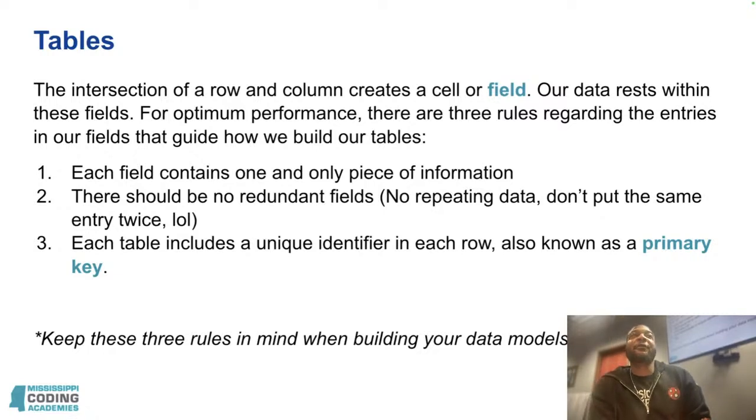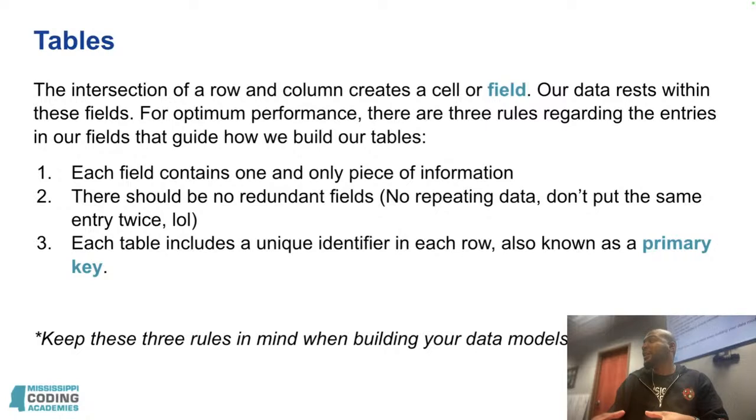The intersection of a row and column creates a cell or field. Our data rests within these fields. For optimum performance, there are three rules regarding the entries in our fields that guide how we build our tables. And we kind of talked about this earlier. Number one, each field contains one and only one piece of information, meaning that you cannot have two pieces of information